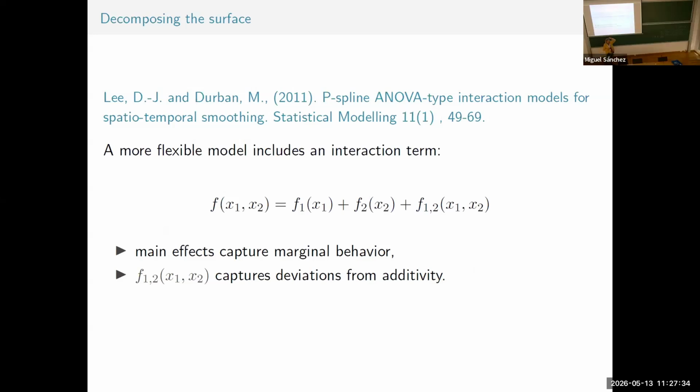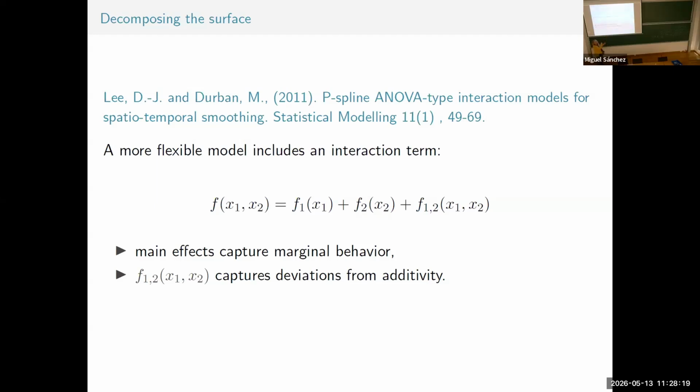This is related to the last talk that we saw yesterday. I can assume that my two-dimensional function is the sum of something in one dimension, something in another dimension, and something that cannot be explained as univariate functions. But you are going to tell me, Maria, then you have even more parameters than now, because you again have here the two-dimensional thing. So you are increasing. No, because what are we going to assume? That because we have taken part of the shape of my function here, I can reduce the dimension here.